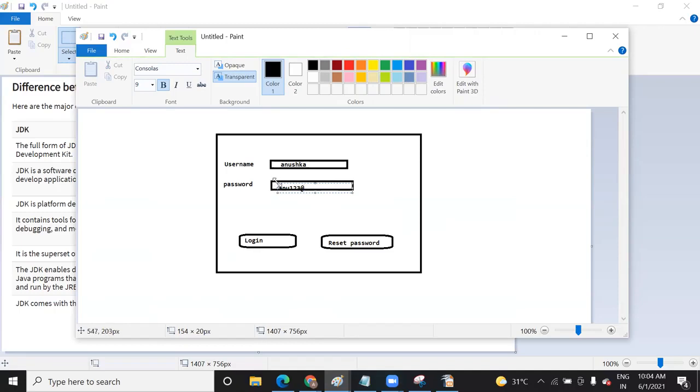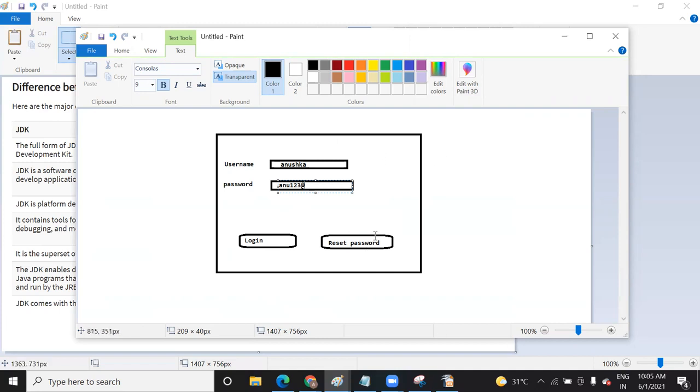When you enter this username or password and press login, there should be a kind of binding that works behind it when we write code inside this login button, so that as you enter the values and click on this login button, it will take you to the next page. Similarly, it happens in Java code also.